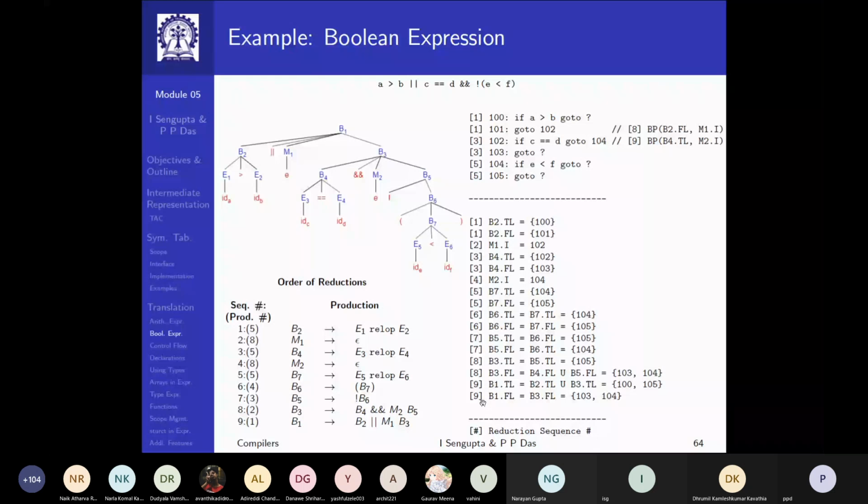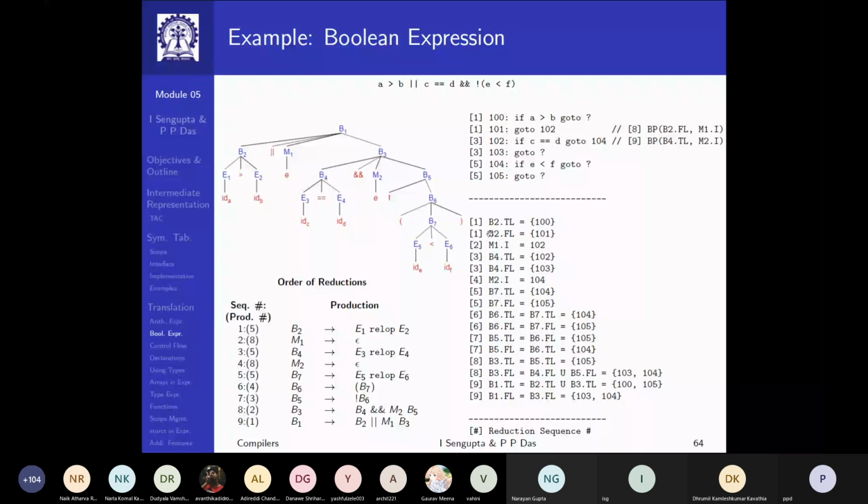I have assumed that the generation is starting from quad number 100. And these are showing the attributes, since this was getting cluttered on the tree. So I'm showing the attributes here of the different non-terminals with every production.